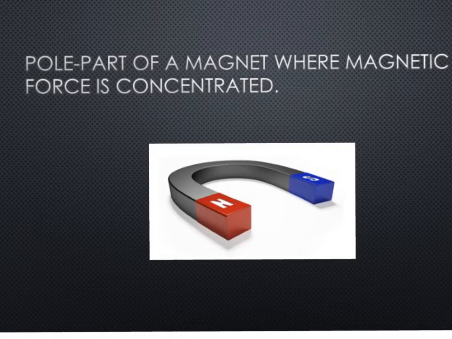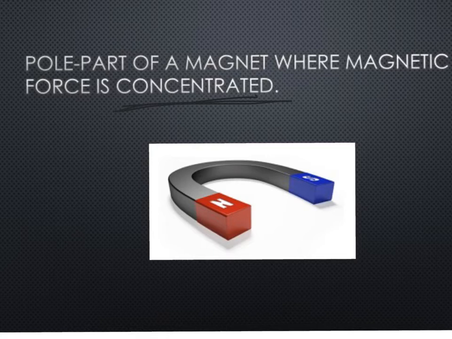Alright, let's go ahead and get started with our first word. Our first definition of the night is pole. And a pole is part of a magnet where magnetic force is concentrated. Now this word concentrated means where most of it is kept. So again, a pole is a part of a magnet where magnetic force is concentrated, or most of the force